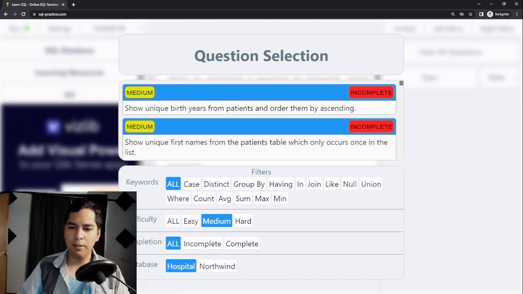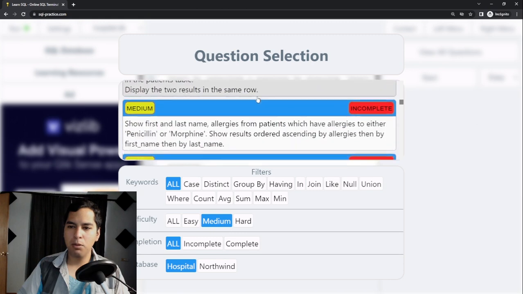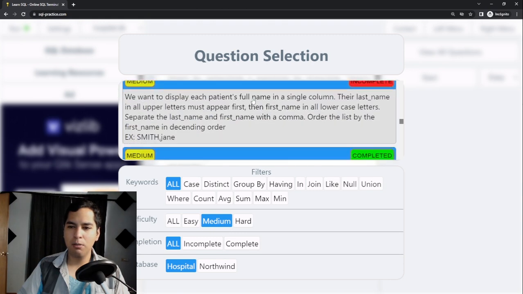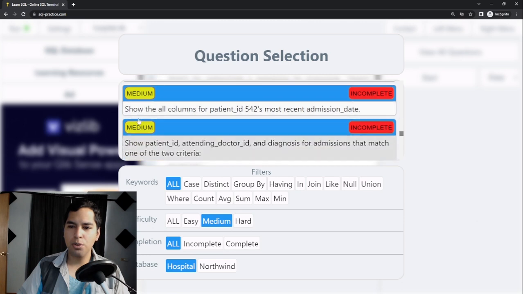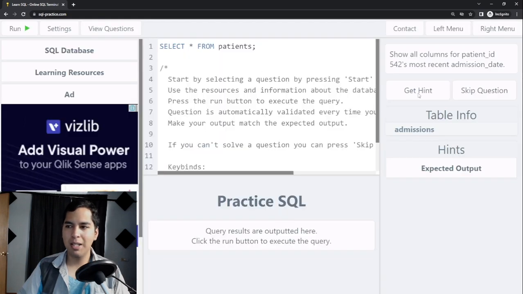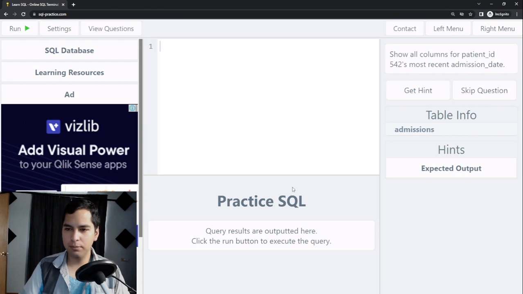We need to select difficulty medium, and we need to scroll down until we see the question which says show all the columns for patient ID 542's most recent admission date. We select that one, we get rid of this, and we can begin